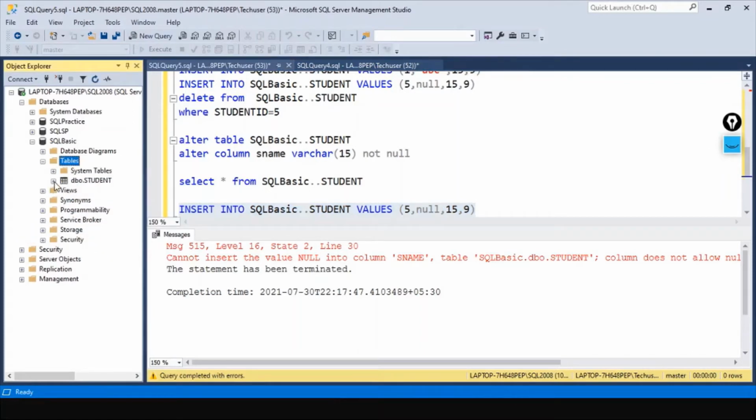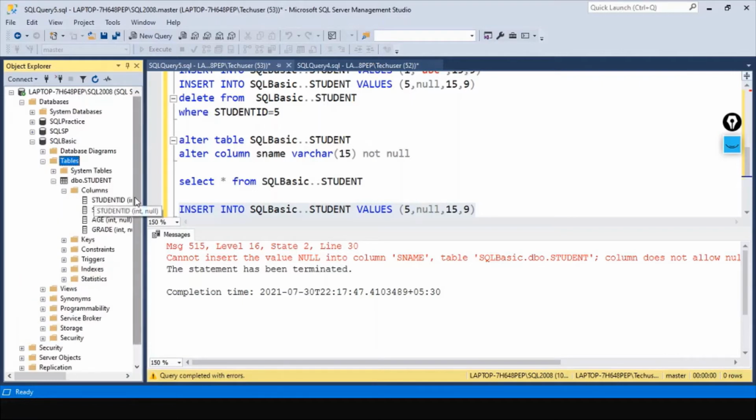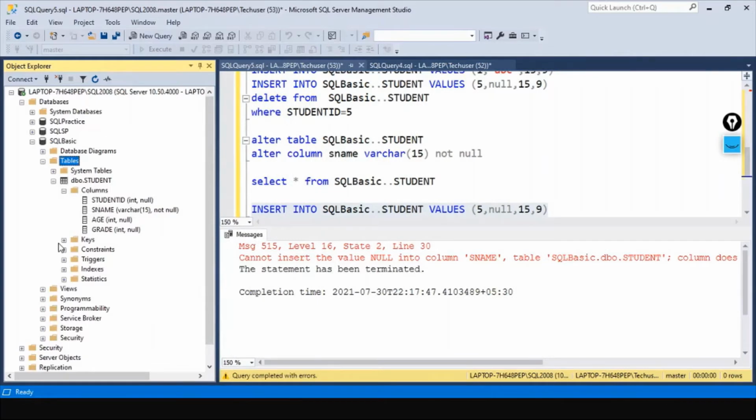Expand this student table. Here you can see columns. What are the columns this table consists of? And then here is the key. As of now, we don't have any primary key or foreign key for this table. See, student ID is having a null. It can take a null value, but student name, it is saying it should be not null.